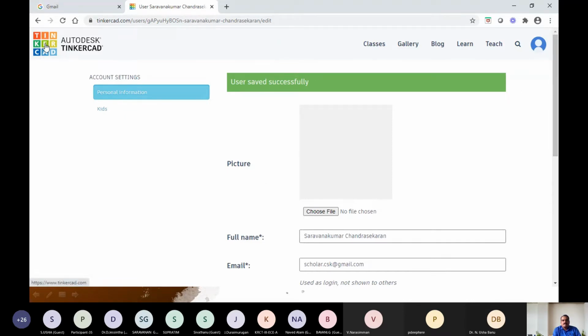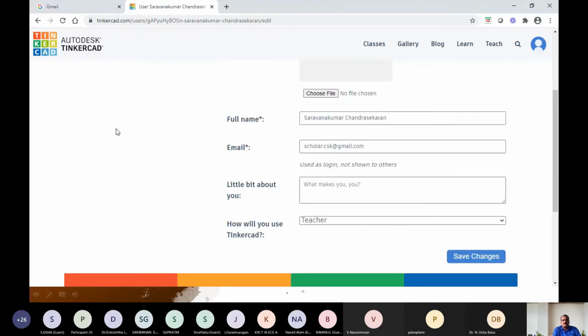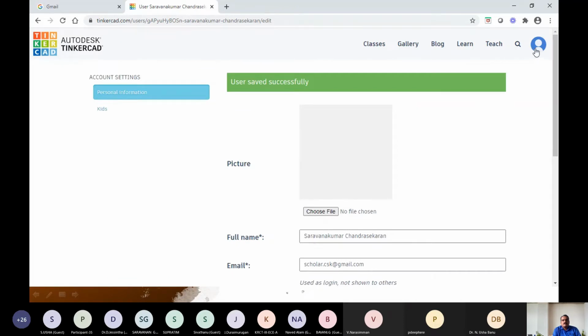Again, we can come back to your Tinkercad. Before that, we will see the classes, so I will click the classes. It takes some time. I'll be refreshing it.